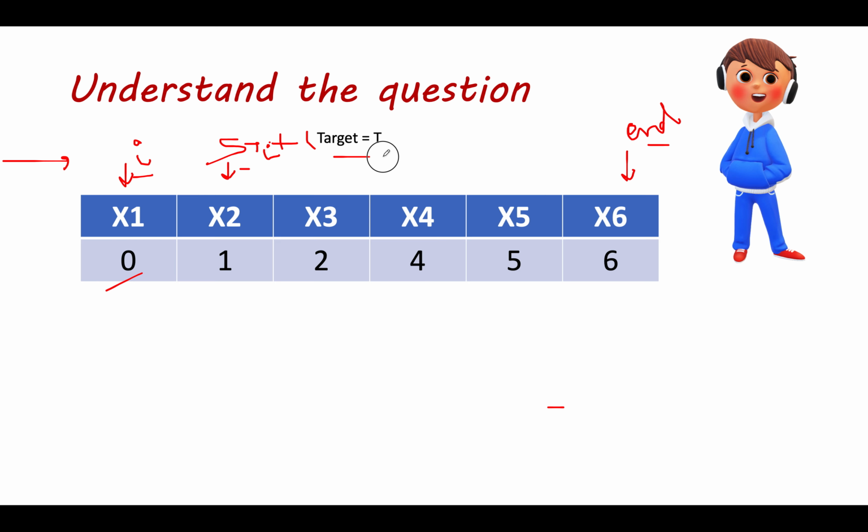If the value is less than target, then you will increment the value of start. You will make start point to the next pointer. If the value is greater than target, then you will reduce the value of end, because the value is higher and you want to reduce it, so end will point to here. And with every iteration, you will keep on comparing the previous closest sum that you have calculated so far, and if this is closer, you will update the answer.